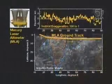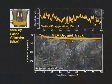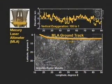Okay, well, thank you very much, Sean. I am proud, thrilled, and delighted to be able to report the first results from the Mercury Laser Altimeter, which is a device that was designed and built at NASA's Goddard Space Flight Center. So we turned the instrument on about a minute before closest approach, and it continued to range for about 10 minutes after closest approach until the spacecraft was at an altitude of about 1,800 kilometers from the planet, which exceeded